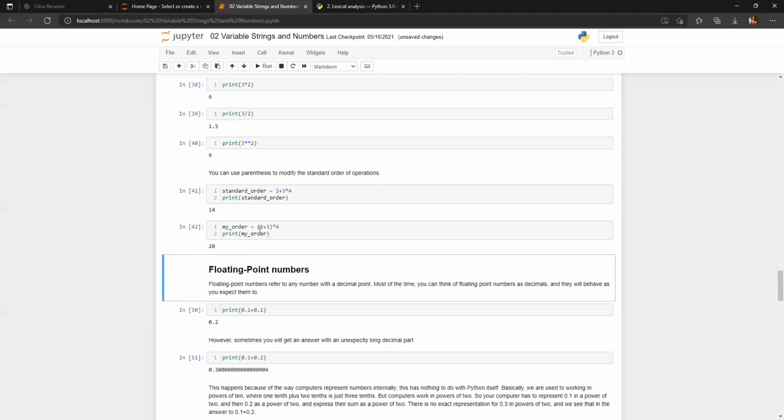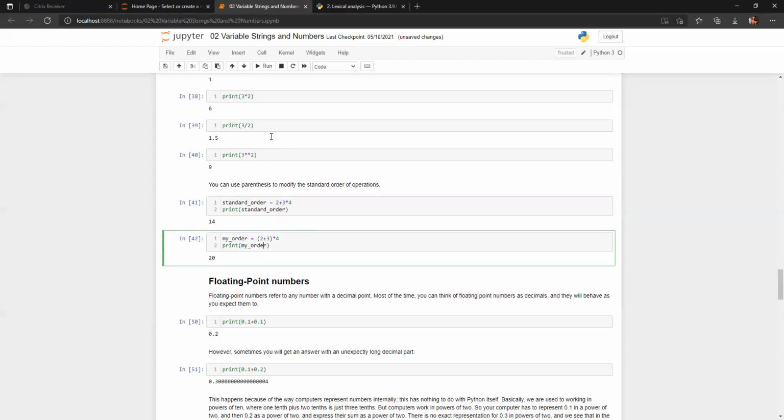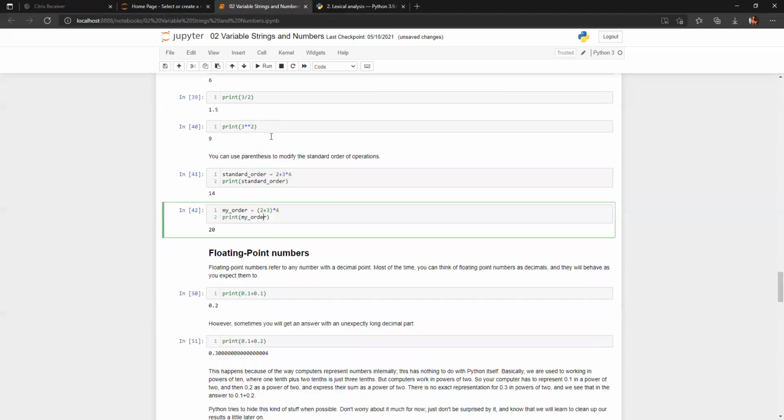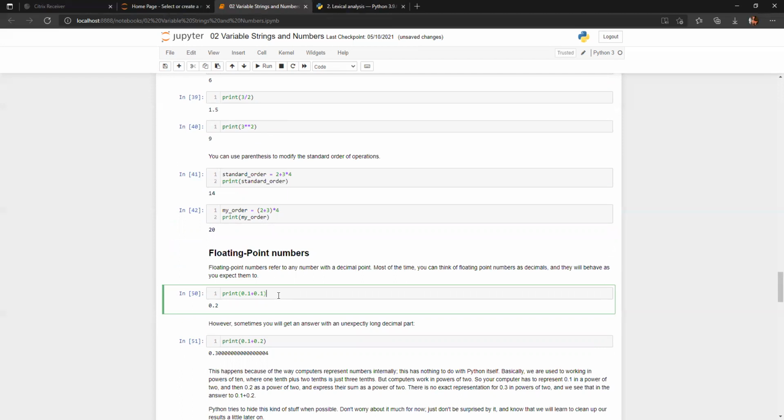Okay. Understood till this point? Yes, sir. So these are basically integers. Integers also have some different types of format. When you declare a number with decimal places, like 0.1, 0.2, something like that, it is considered a float value. Okay. So float basically means that there are some decimal places.